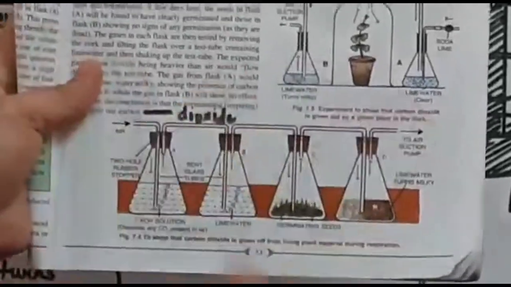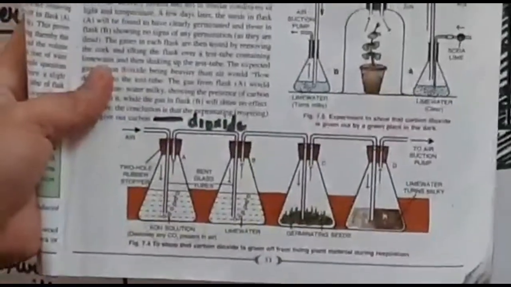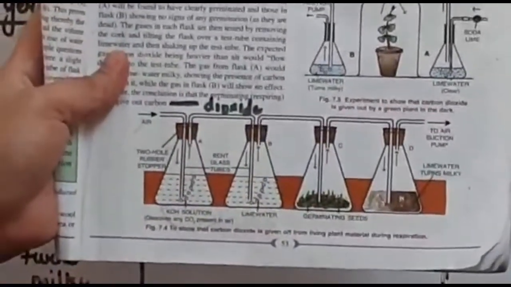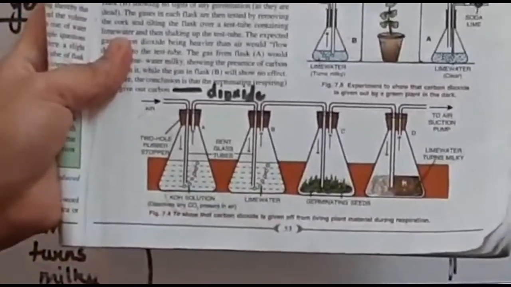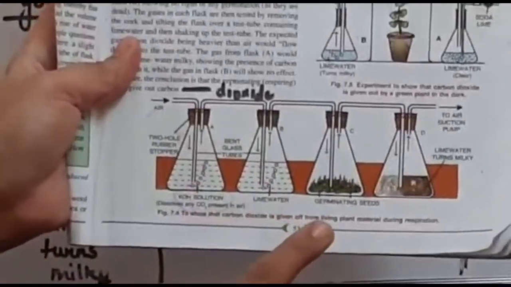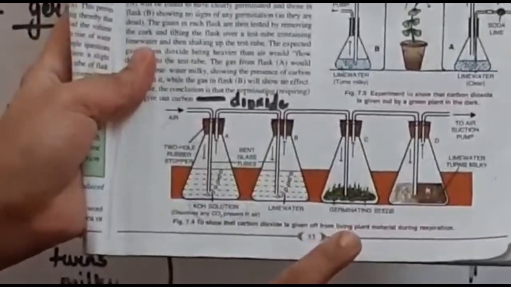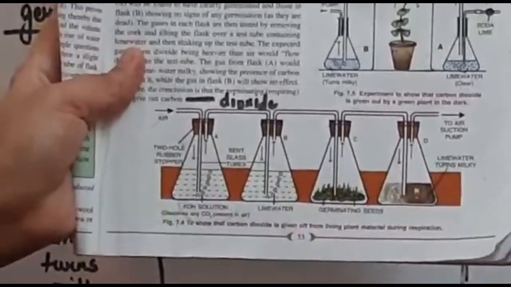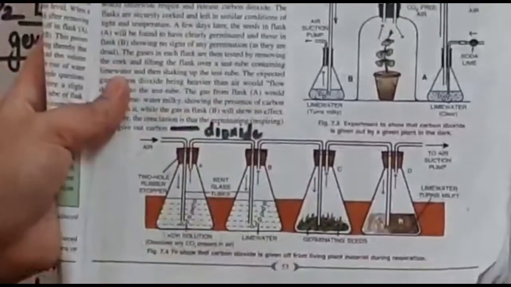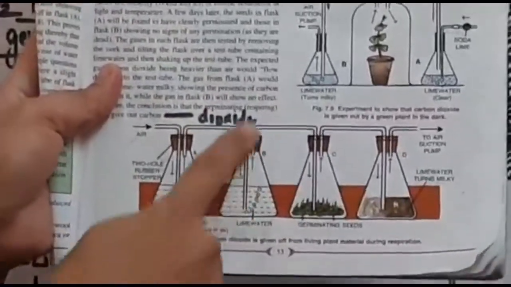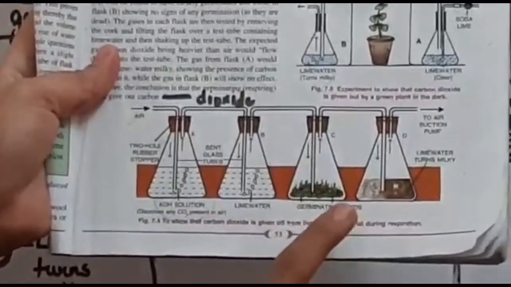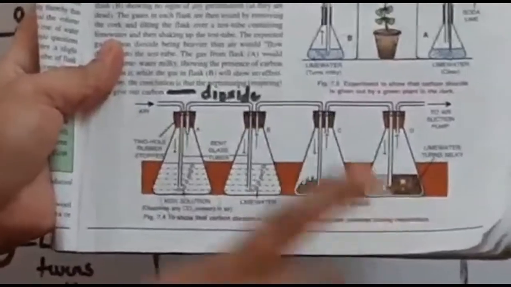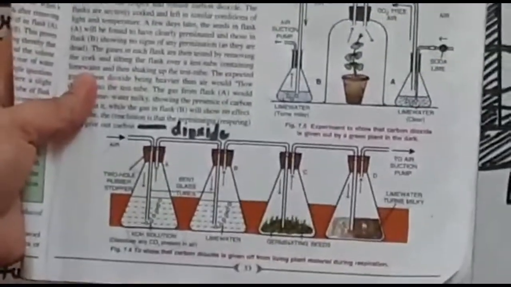Why? To confirm whether the carbon dioxide is dissolved or not. And how to confirm? Lime water will not turn milky, right? B is having lime water. Now if the lime water is not turning milky, it's a clear-cut indication that this air is free of carbon dioxide. And now this fresh air is allowed to pass through the germinating seeds. It is allowed to pass through the seeds for 24 hours. The seeds are allowed to undergo the process of respiration.